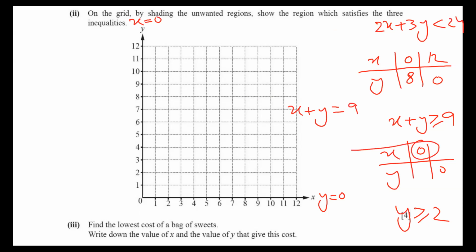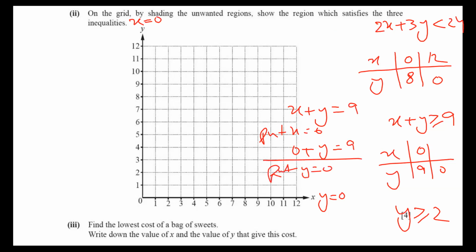One time I put x equals 0 here, and when I put x equals 0, what happens? Let's see. 0 plus y equals 9, and my y value is 9. Alhamdulillah. Now when I put y equals 0 here, then x plus 0 is equal to 9, so x becomes 9. Clear. So I think the table is clear.